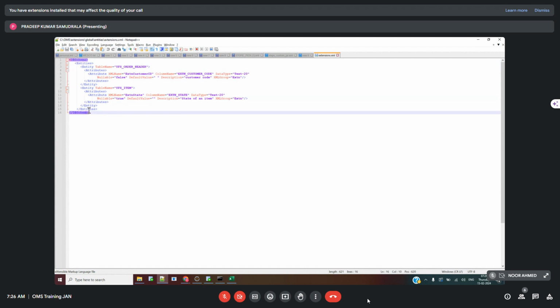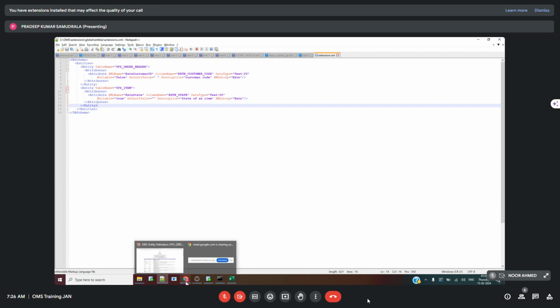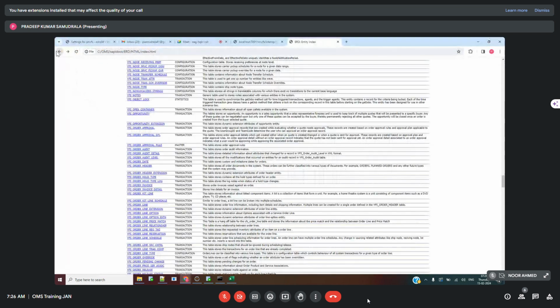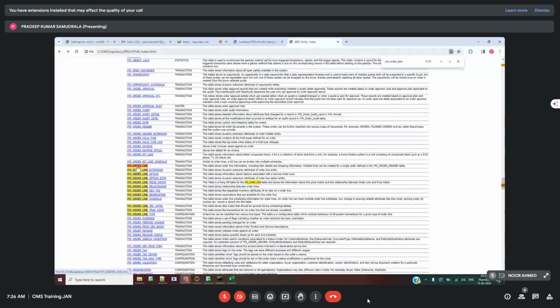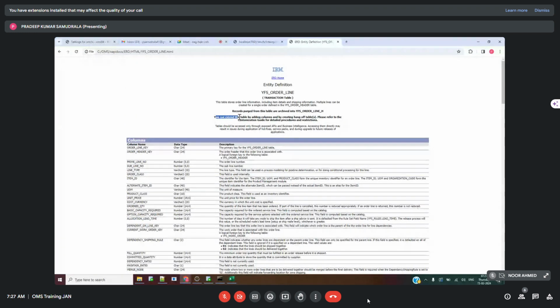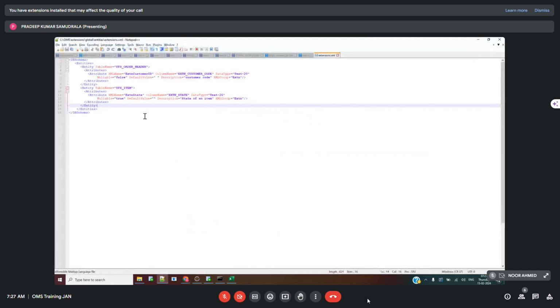So tomorrow I want to add a new column under the YFS order line table. Let us assume. Okay, first we have to come here, check the YFS order line table, and see whether it can be extended or not. You can see you can extend this table by adding columns and creating a hang of table. If we can extend it,